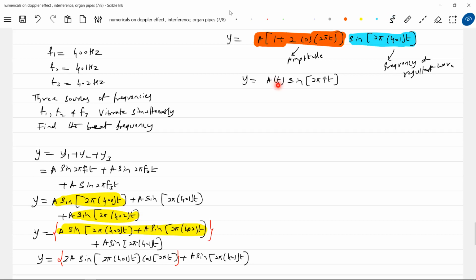The amplitude will be a function of time. So in place of f, what do we have? 401 Hz. Is it okay now? So A of t, what shall I write? That A of t is what? The red color I'm writing it. Let's get into it; once we are here, the rest is all mathematics. A of t is equal to A into 1 plus 2 cos